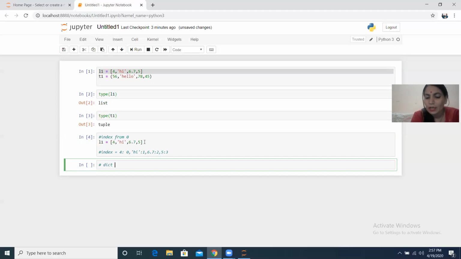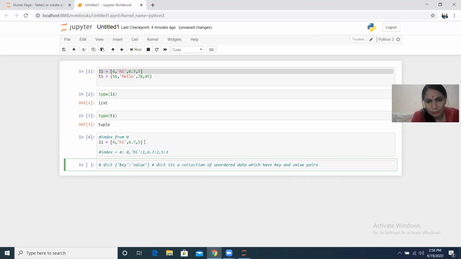Whenever you create a dictionary, you always use curly braces and use key and value pairs. I'll show you how, with a colon. The first part is the key and the second part is the value. If we talk about the definition of a dictionary, it's a collection of unordered data which has key and value pairs. That is the technical definition.